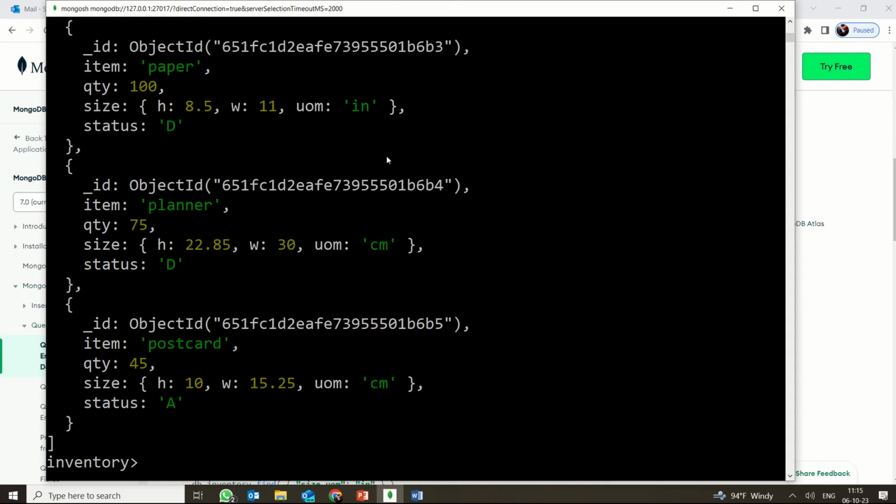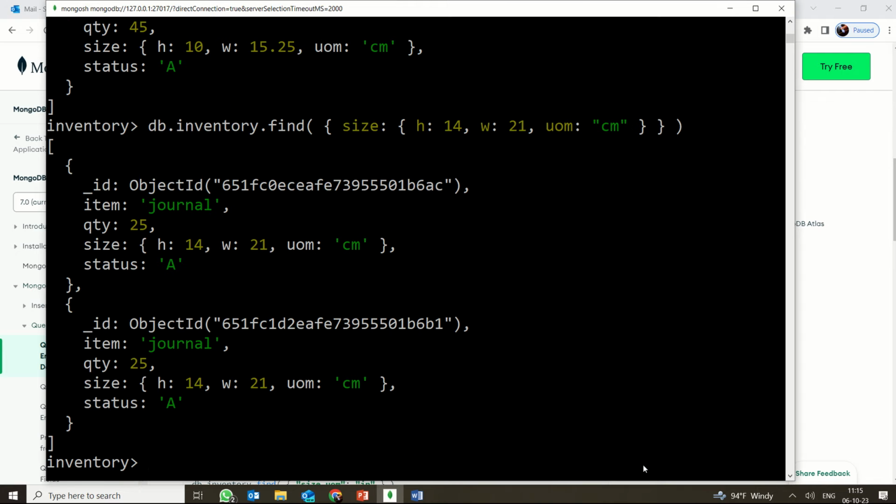So those details will be given to us. So here, find h is equal to 14, W21, and those data with those details will be given to you. So these are the details. I have entered actually two